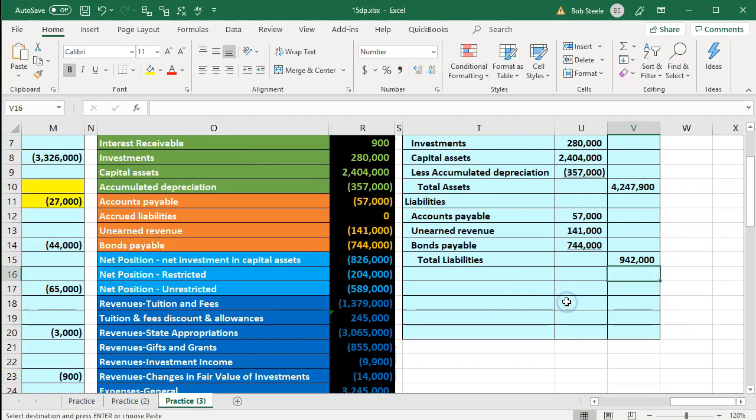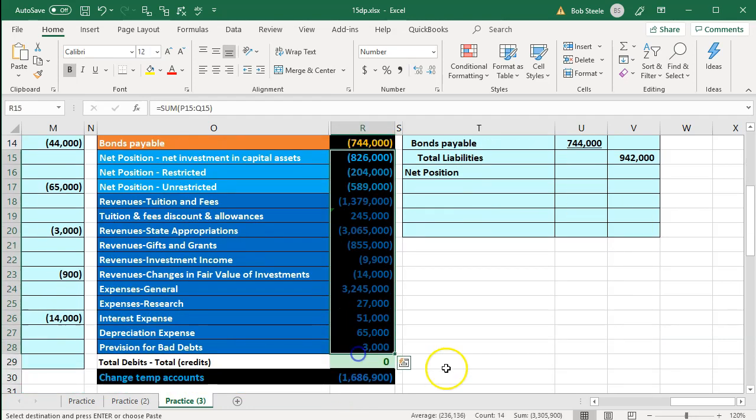This is the thing that's pretty different than a for-profit organization. Net position still being assets minus liabilities equaling what would be equity here in net position. However, we have to break this out between the net position restricted and unrestricted. So to do that, this is where people often might say you need the statement of activities to help out with that. However, we could see the total here already. We already know the total in net position is going to be that